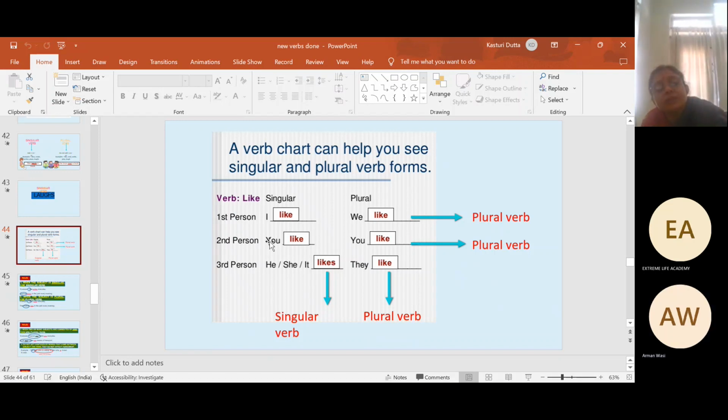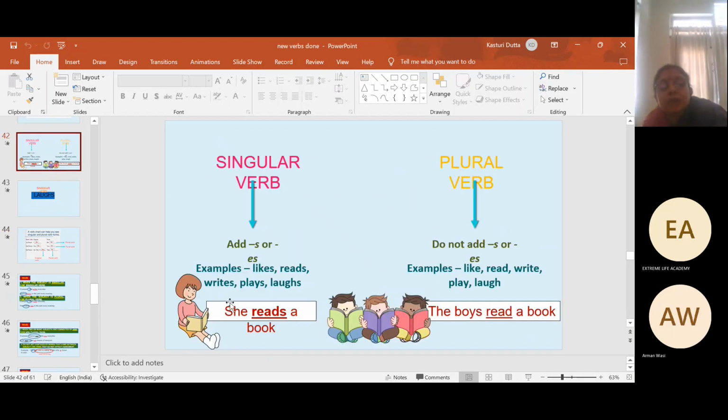Now the same thing, starting from descending order. Third person, she likes. The moment I convert it into a plural, the subject is important. The moment it is converted into plural, how do I express it? They. Because the subject is changing, don't be bothered about singular and plural. You just see the subject. The rule of the subject is important. If the subject is singular, naturally s will be added. In the case of I, you are asking me about the exceptional rule. The exceptional rule is whenever you are using I and you, you cannot add s or es.